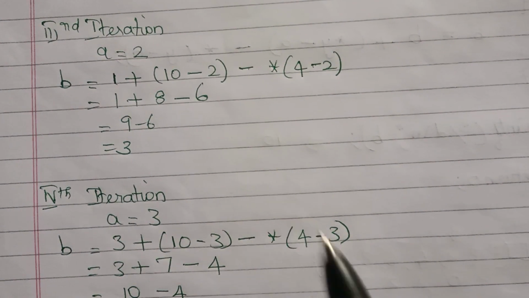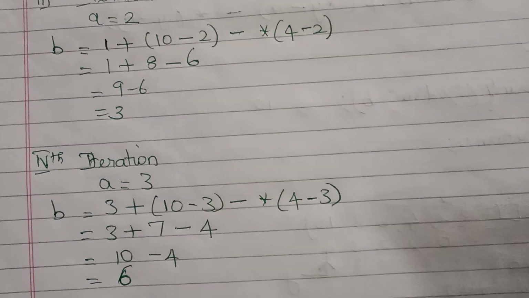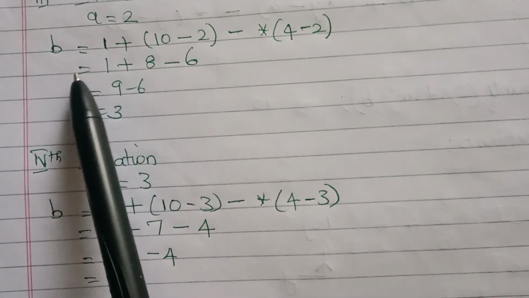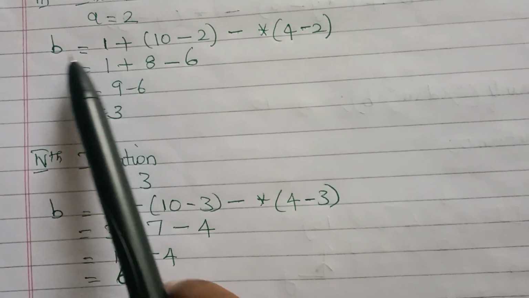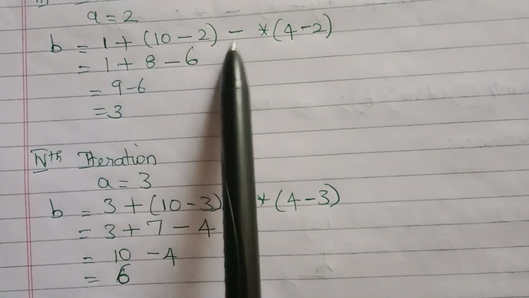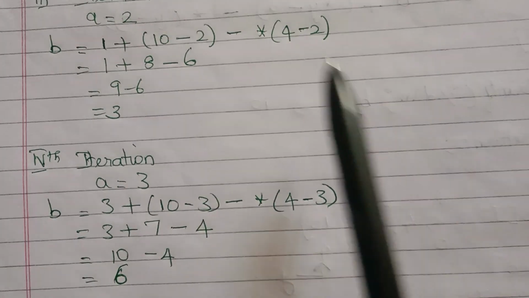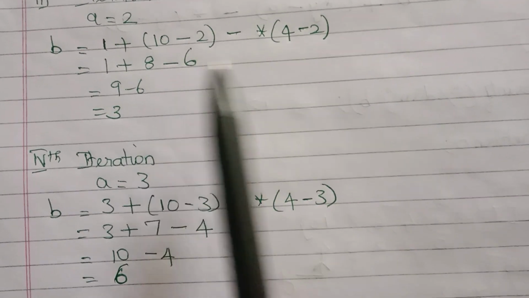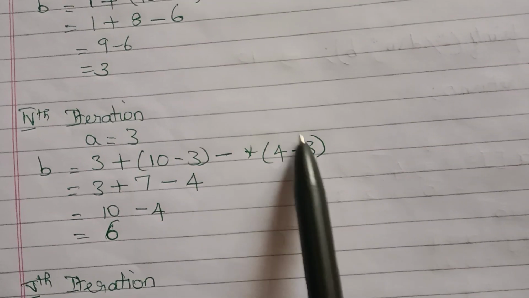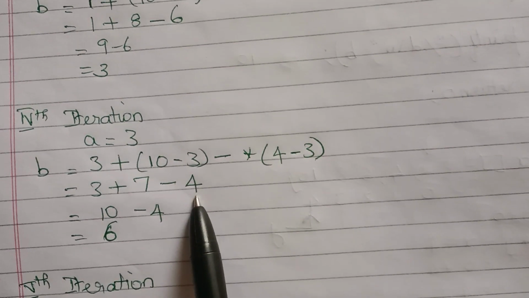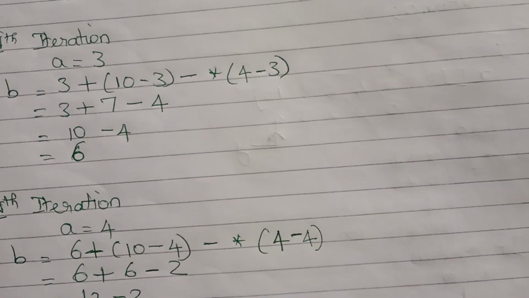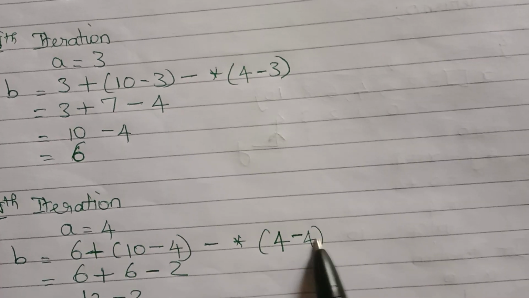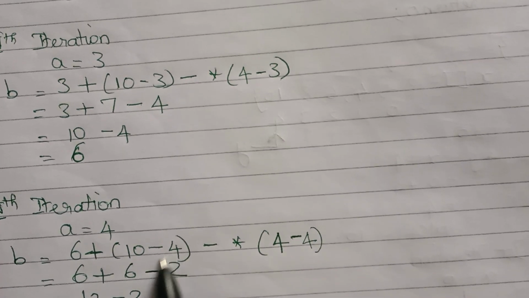Similarly, in the third, fourth and fifth iterations, you have to just substitute the value of a as 2, and then increment b equal to b plus 10 minus 2 minus star of 4 minus 2. Again 4 minus 2 comes, the value will be 2. So the second position, the value will be 6. And then for the third iteration, the value will be 4. And for the fifth iteration, the value will be 4 minus 4, that is 0, that is the first